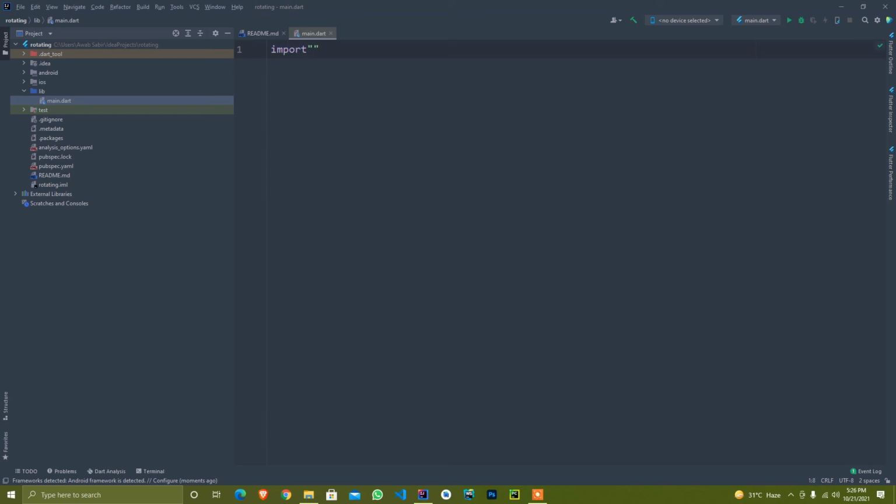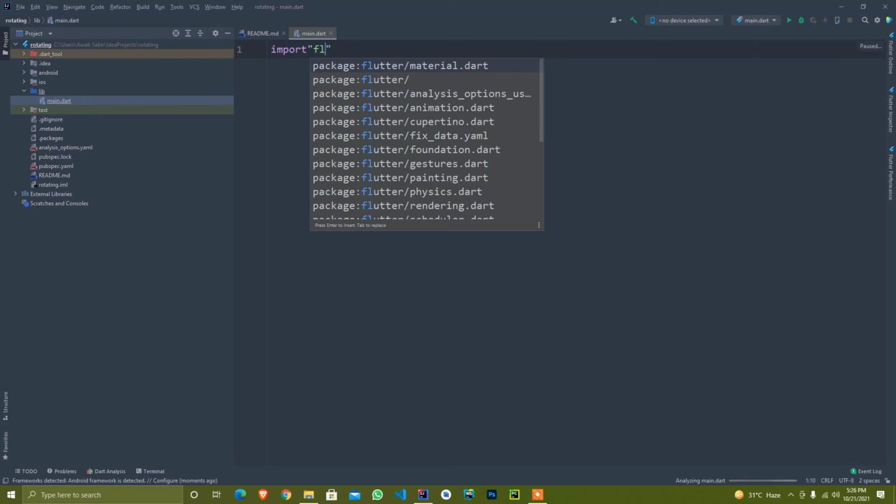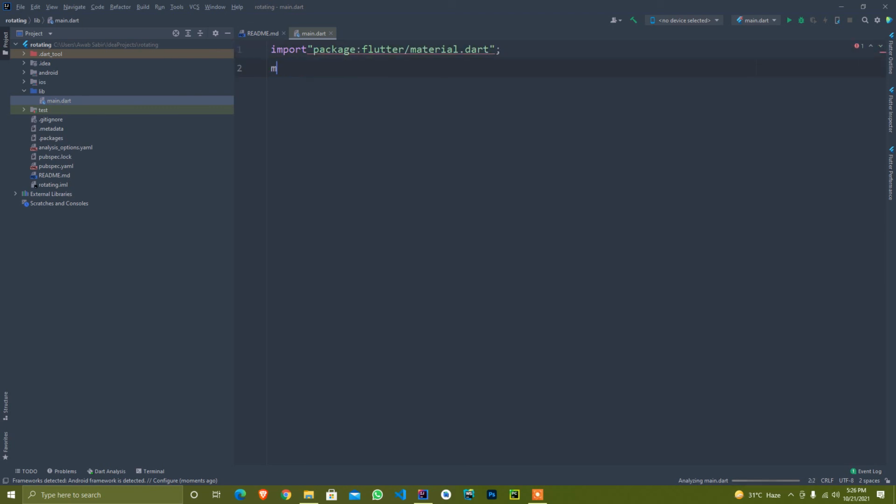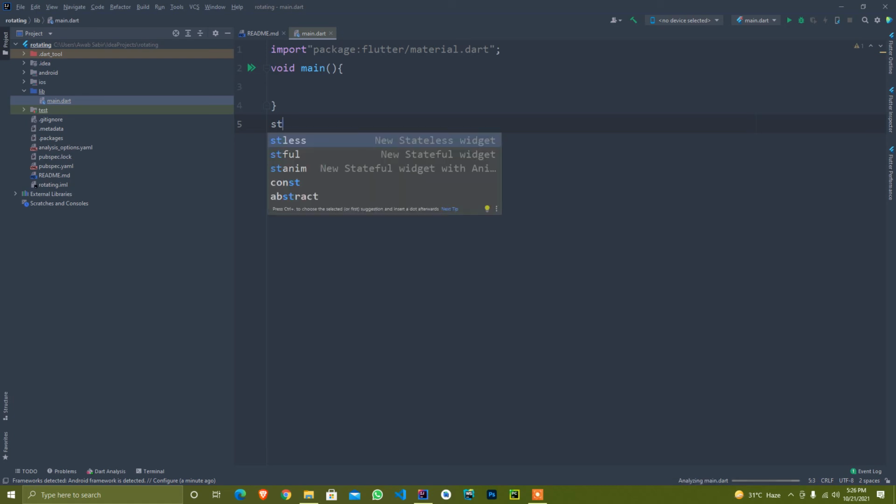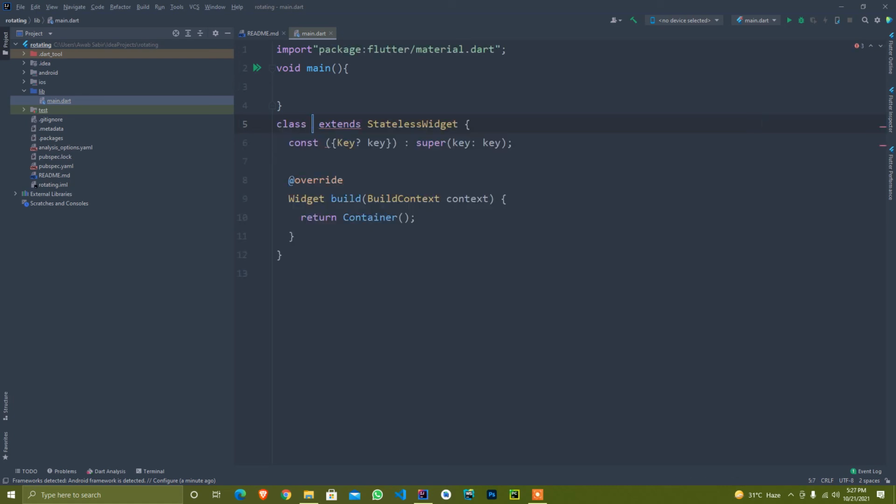Import Flutter material, and then we need a main method to execute our app, that is void main. Okay, so now I create a stateless widget again, and the name of the stateless widget is MyApp. In the previous lecture I told you that you can write any name, but I write MyApp. So runApp, and I call const MyApp, and I pass a key